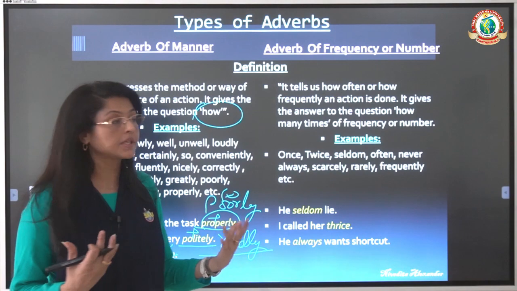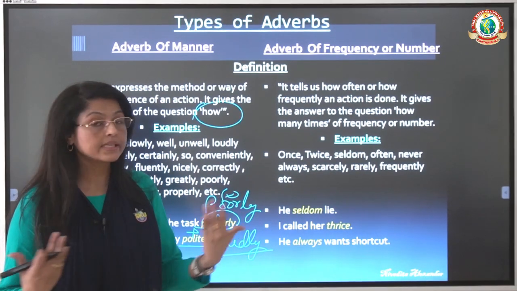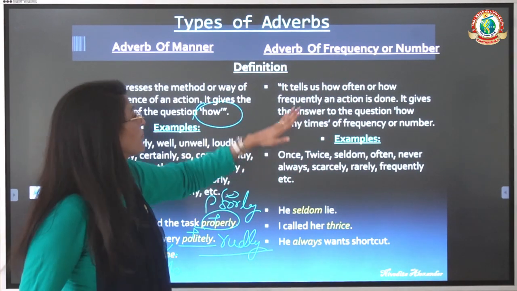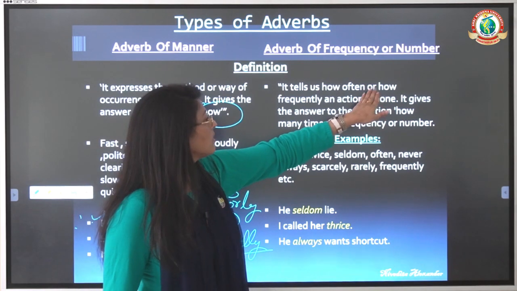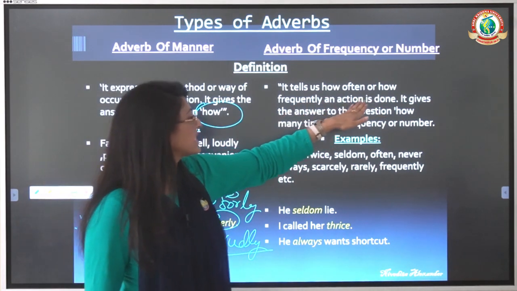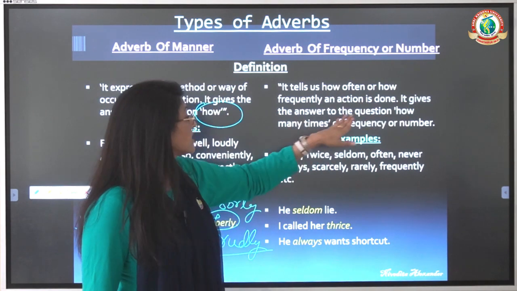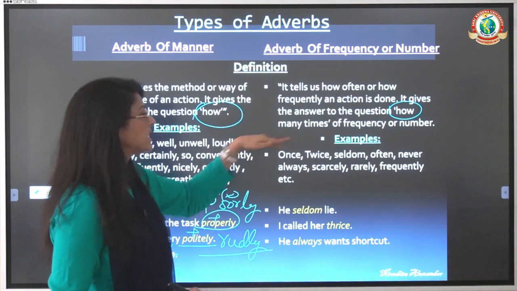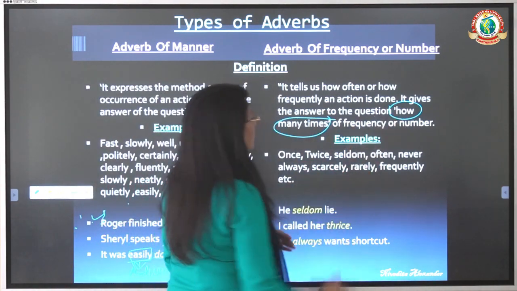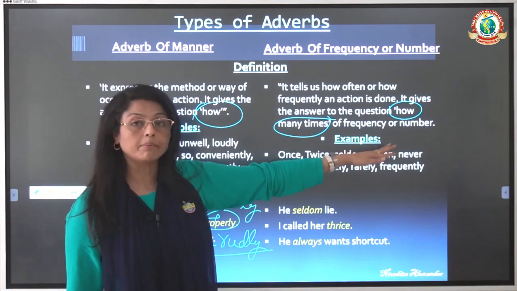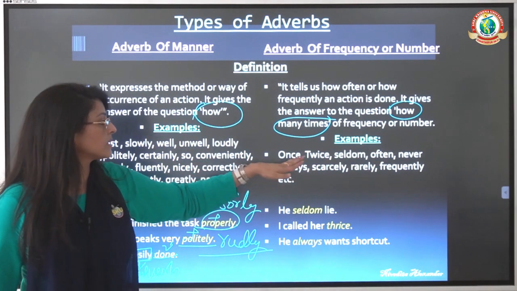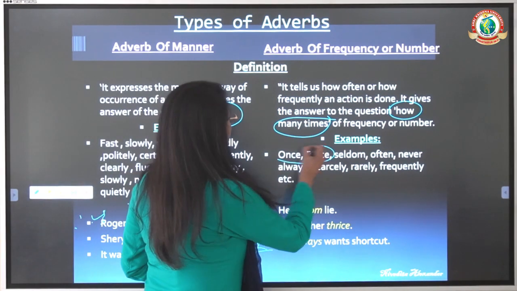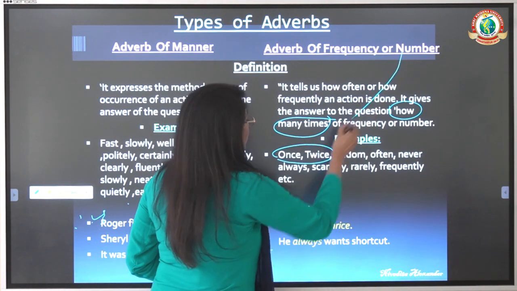slide, how often, how seldom, these words often and seldom are what give you the frequency, how fast or how slow. Then it tells us how often or how frequently an action is done. It gives the answer to the question how, again same. So both of the how many times, these are the questions being posed, how many times, a frequency of number. Now example, once, twice, thrice, these kinds are associated with numbers,